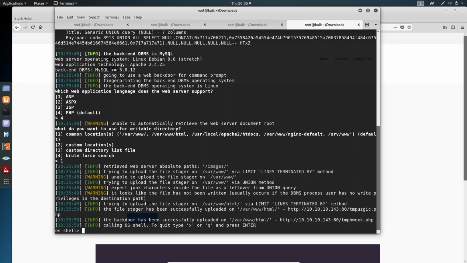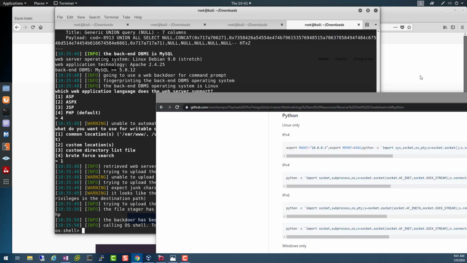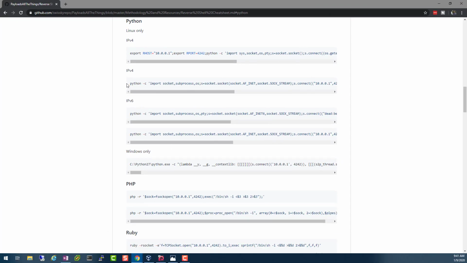Not sure how reliable this shell is, so let's convert it to a regular shell. Then from here, I just need to use my Python reverse shell one-liner, which if you go to this GitHub page, you see that we have this Python one-liner that I'm going to use. All I need to do is change this IP address to mine. So what I can do is execute this Python command. I'll listen on this port, and if I do a netcat on my local computer, I should be able to get a real shell. So let's copy this